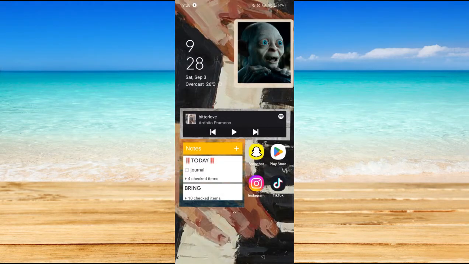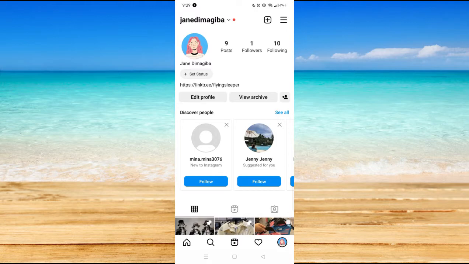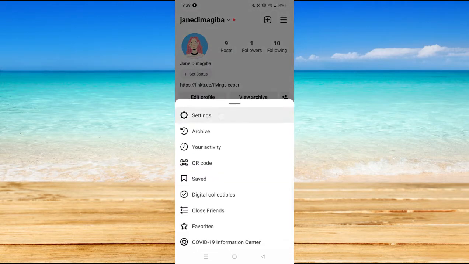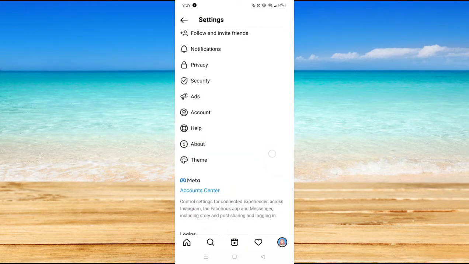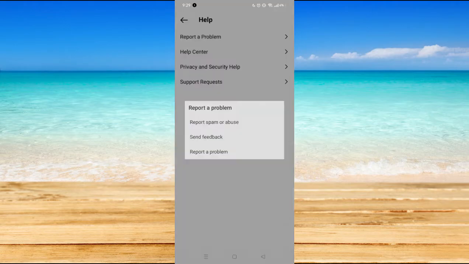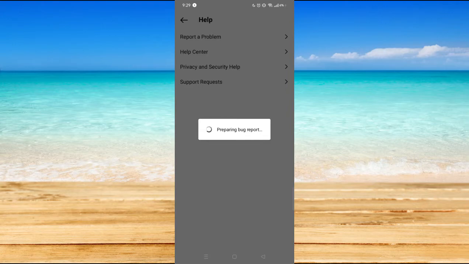So let's go back to our home page and click on Instagram, and you will be directed here to your Instagram homepage. And all you have to do is go to your profile, and then on the upper right you will see three dash lines. You click on that and then go to settings. Now under settings you go to help, and then you have to report a problem. Now click on report a problem,